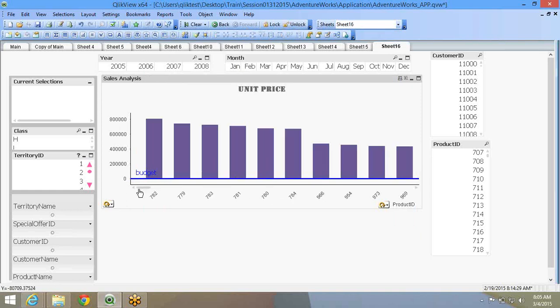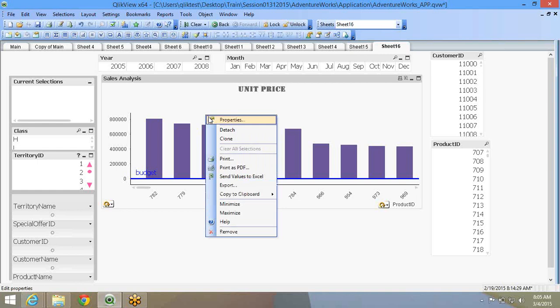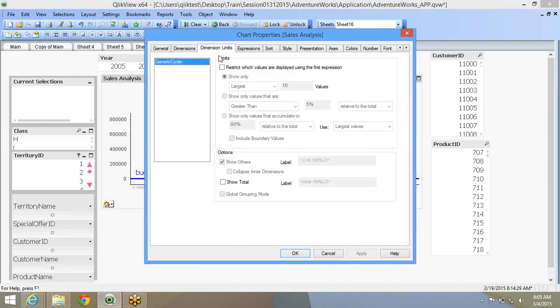Now, what if your user says, no, I want to see only the first 10 values or first 5 values, or basically the top n values, where n may be the number that he wishes to input. So he wishes to give a certain input, and that many values he wants to see. In that scenario, if you right click, there's one tab called dimension limits, right? I have not spoken about this. Under the dimension limits, you can restrict the values that are being displayed. So if your first restriction is show only largest 10 values, right?